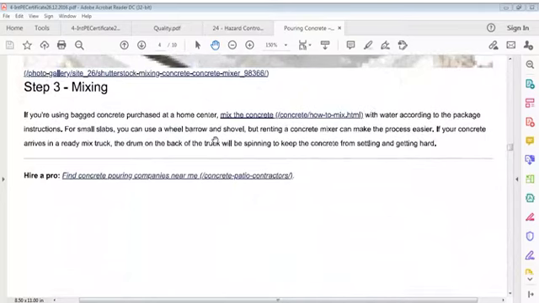If using bagged concrete purchased at a home center, mix the concrete with water according to package instructions. For small slabs, you can use a wheelbarrow and shovel, but renting a concrete mixer can make the process easier. If your concrete arrives in a ready mix truck, the drum on the back of the truck